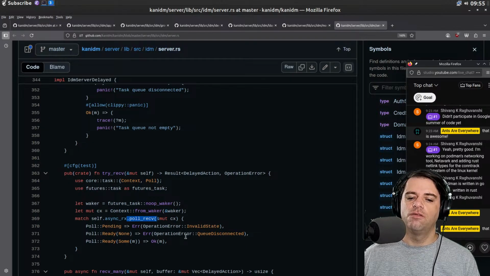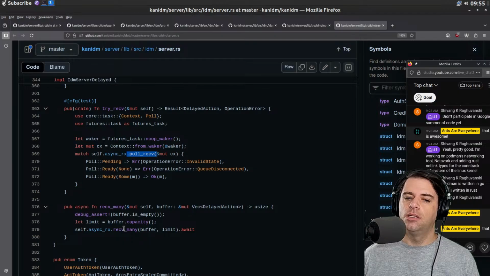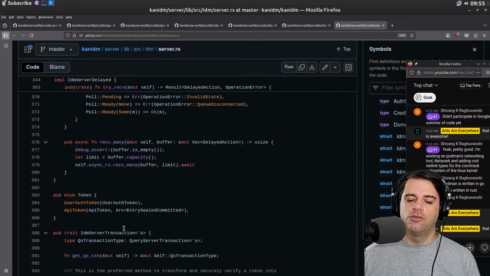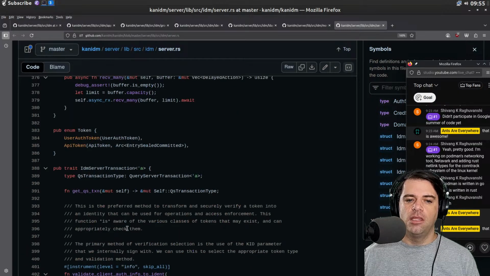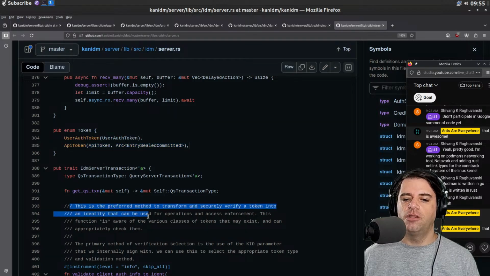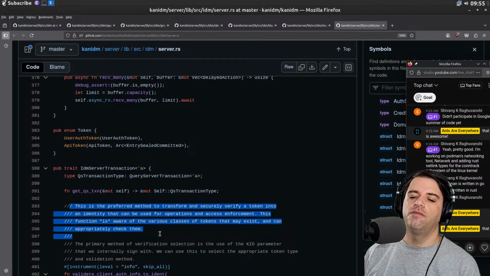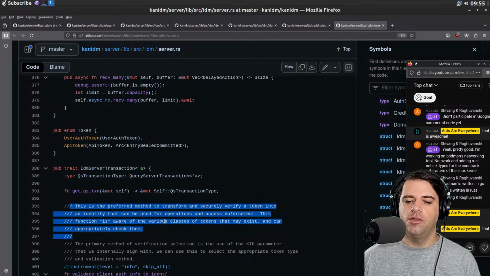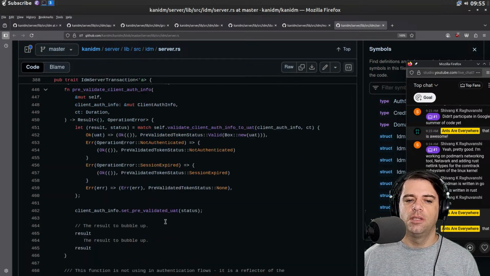I guess we're polling the result to see if it's pending or ready. And then you can also receive many. And then we have a token, which is either a user auth token or an API token. And then we have a server transaction. I don't know if this is for like a database transaction. This is the preferred method to transform and securely verify a token into an identity that can be used for operations and access enforcement. Okay.